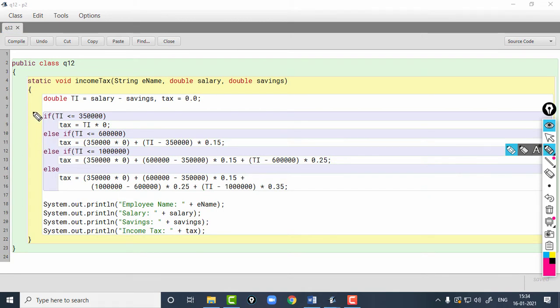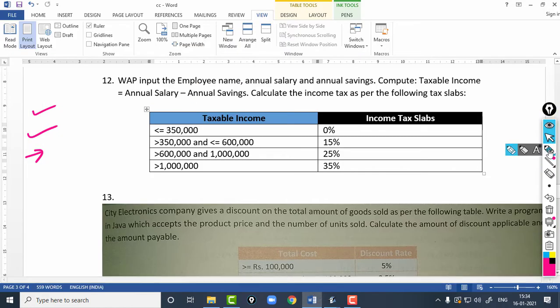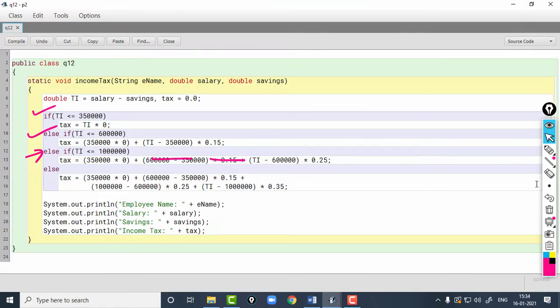Now, let us say this one also fails and this one also fails, both the conditions fail. Now, the control comes to the third condition. In the third condition, we have to check the value should be greater than 6 lakhs and less than or equal to 10 lakhs.